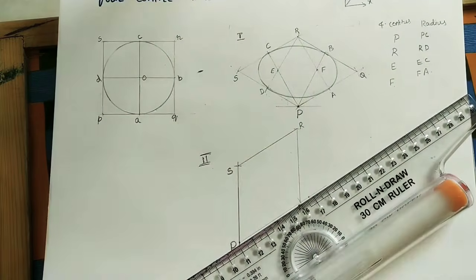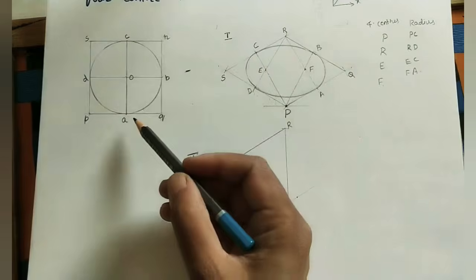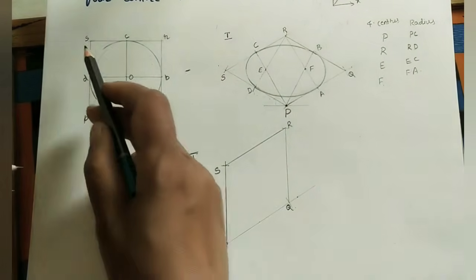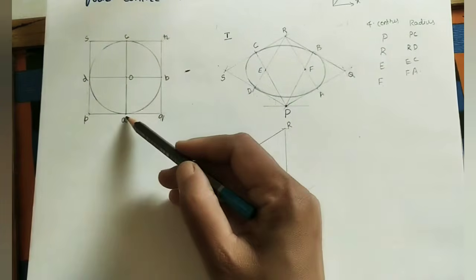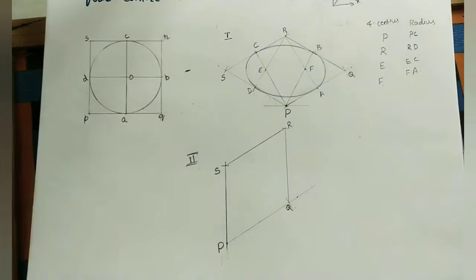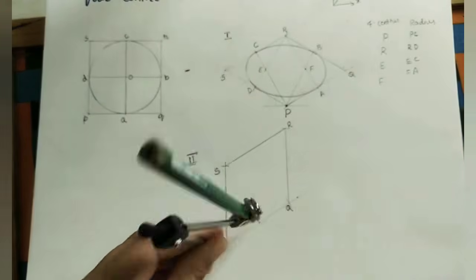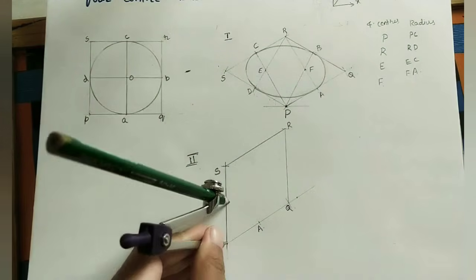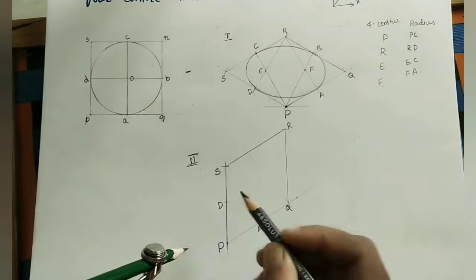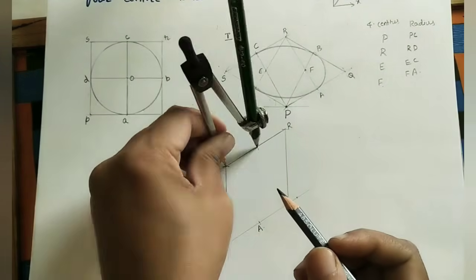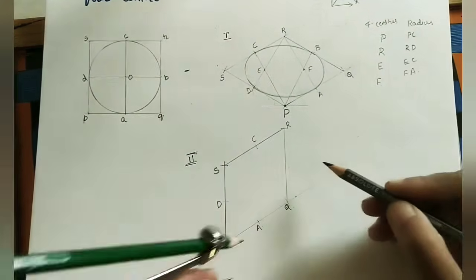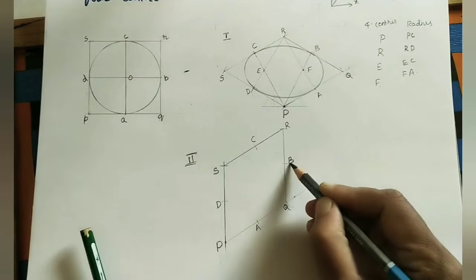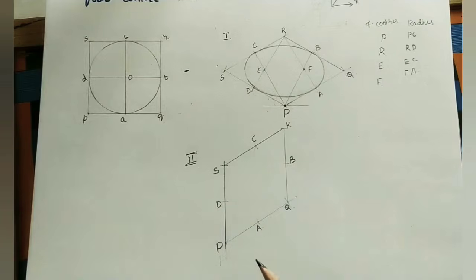This line is parallel to this line. In this rhombus, mark these points, the middle points. Take this length and this length and this length, all are the same, because these are the middle points of the square sides. Now take this point, it is capital A. Next, D point here. This is capital D. This point is C point, this is B point at Q. We are getting the middle points in this rhombus.